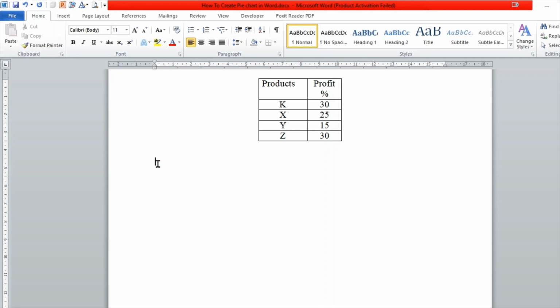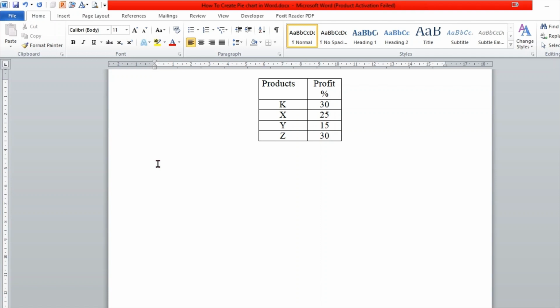Today we'll create a pie chart in Microsoft Word, which is the second part of my tutorial regarding creating graphs and charts in Microsoft Word. Okay, so today we will create a pie chart, which is very popular and is used to display data, statistics, and information in a circular form. And it is used for study and comparison purposes, especially researchers and data analysts use pie charts to represent their